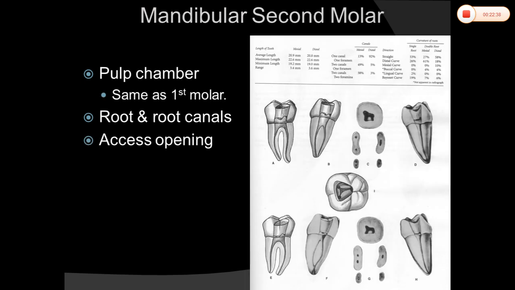Coming to the second molar, it's just smaller than your first molar. It consists of two roots. Sometimes there will be only one root, but canals can number from one, two, three to four. You can see a C-shape very often in these mandibular second molars, which I have discussed already. The access cavity is similar to the first molar, but a bit more triangular and less rhomboidal, because you can see mostly three canals and sometimes only two canals, mesial and distal. If there are three, they are mesolingual, mesobuccal and distal.